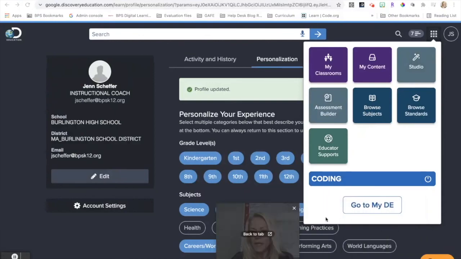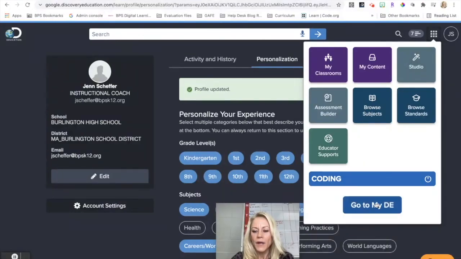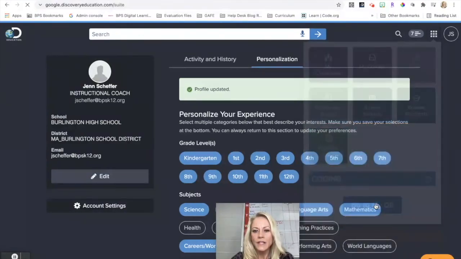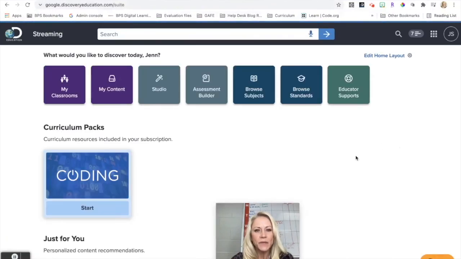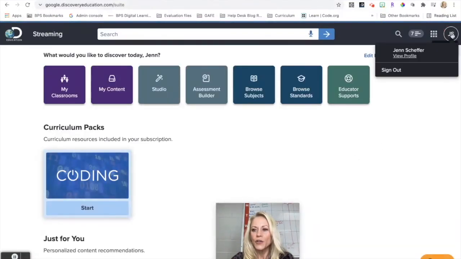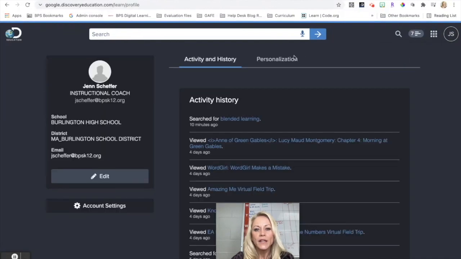I'm just going to move my webcam real quick. When I go to my Discovery Ed dashboard, you'll see that I'm here. And again, clicking on your profile, View Profile is where you can make